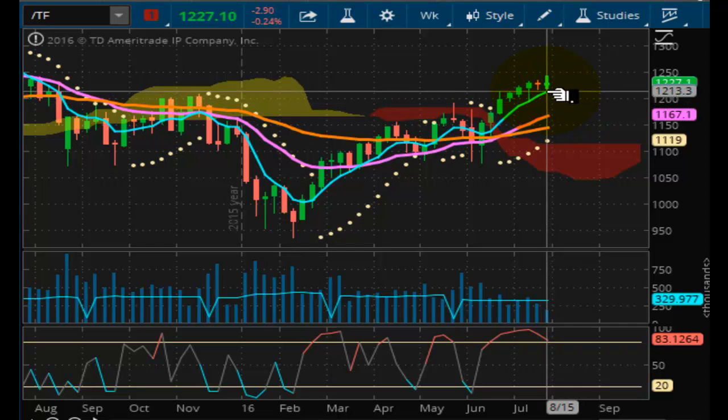For those of you, once again, this is a repeat. For those of you who are new tuning in, I'll break it down for you. This blue line here is your short-term period